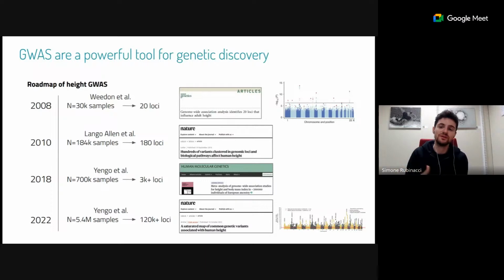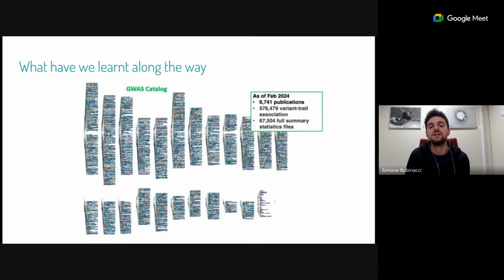So yeah, despite all these discoveries, GWAS has by no means solved genetics, but we have learned a few lessons along the way. So first, we now have hundreds of thousands of variant trait associations available in the GWAS catalog that we can query. And this is a visualization of all of them across all chromosomes. We know a lot about gene programs, and there has been a multitude of publications performing GWAS. And these associations are key for risk prediction and screening tools, and they are slowly but steadily starting to be present in the clinic as well.